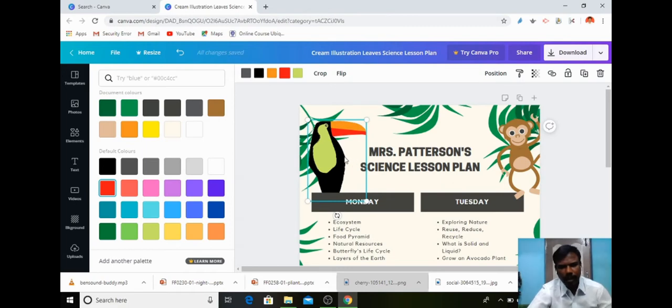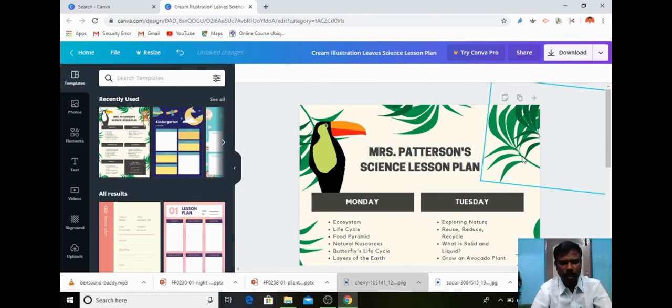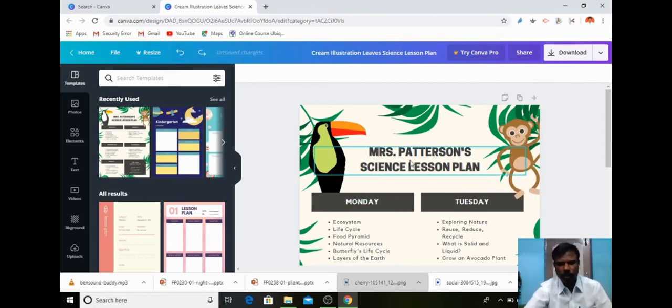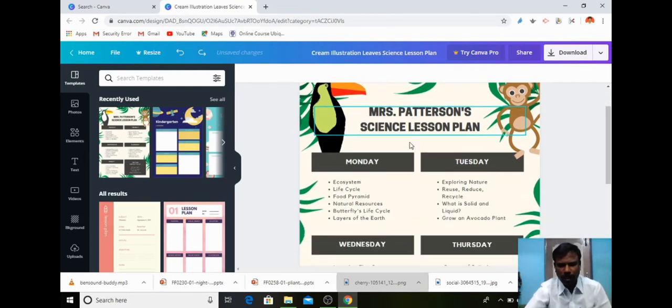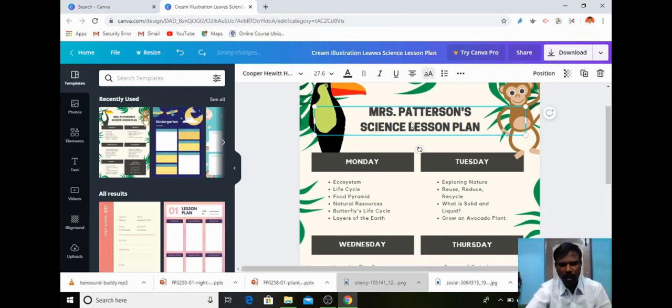So like that I can remodify the design. For example, if I don't need this, I can select and delete this particular image. You can redo also. So this content can be modified according to my need. So I will click this and I will change.